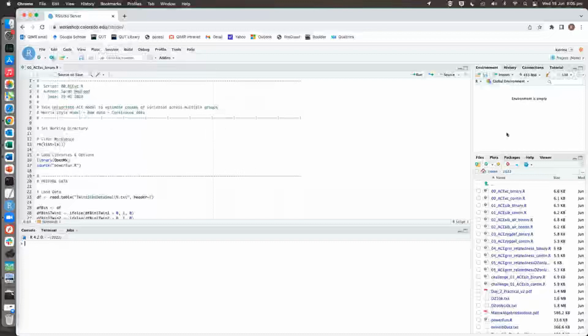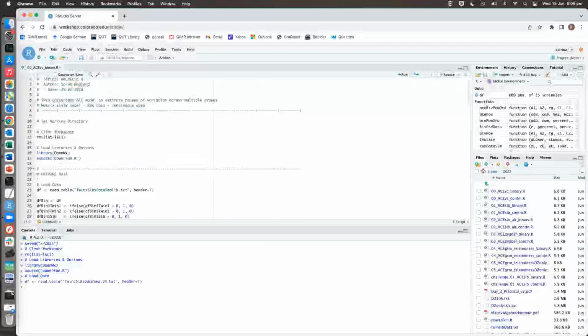and binary. So I'm going to start off by setting my working directory in case you haven't already done so, clearing my workspace and loading my packages. Again, I'm loading the power function in order to test for power in this model, and that needs to be in the same working directory, so it needs to be in your working directory, this particular file that holds